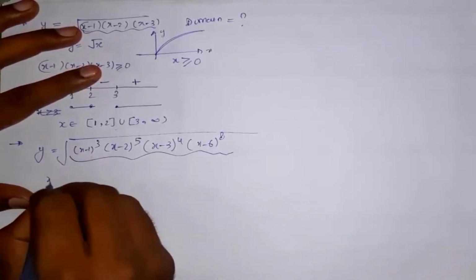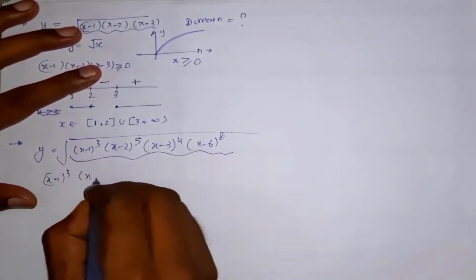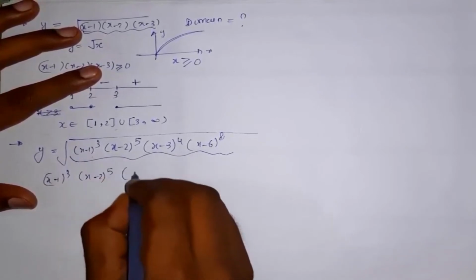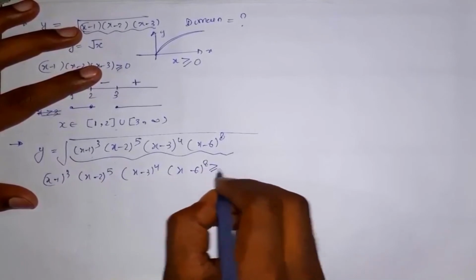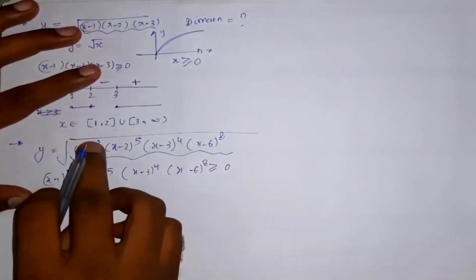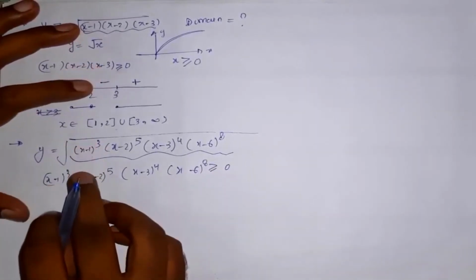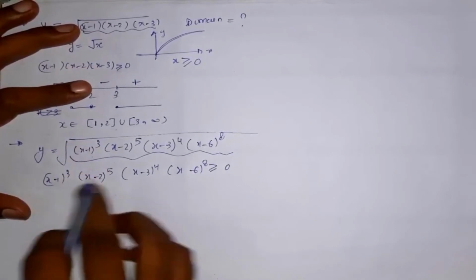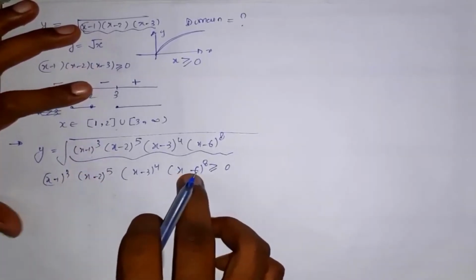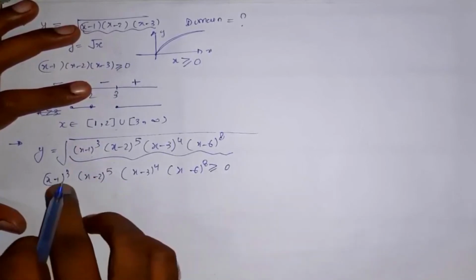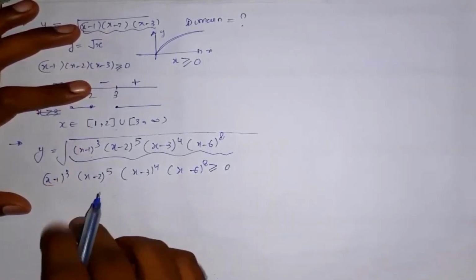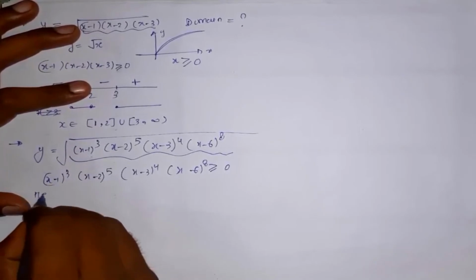That means (x minus 1) whole cube, (x minus 2) whole 5, (x minus 3) whole 4, (x minus 6) whole 8 should be greater than or equal to 0. Then only this function will be defined and real valued. So we need to solve this inequality to find the values of x. There are a number of factors here, but the points of inversion